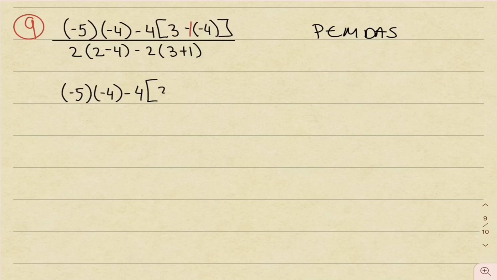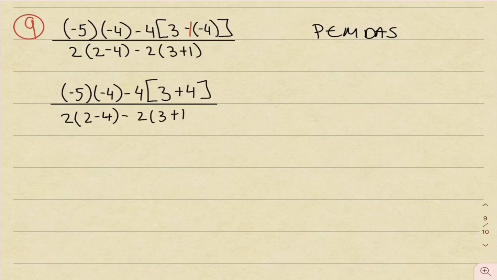So I'm going to rewrite 3. Now I have negative 1 times negative 4. That's positive 4. So I have 3 plus 4. And I'm just going to rewrite the bottom for now. Now I still have parentheses, so I'm going to go ahead and work inside parentheses. I'm going to rewrite negative 5 times negative 4 minus 4. So I have 3 plus 4 is 7